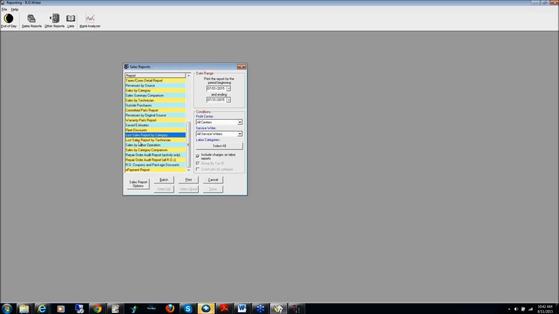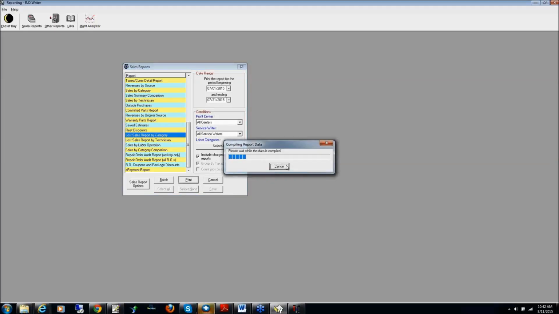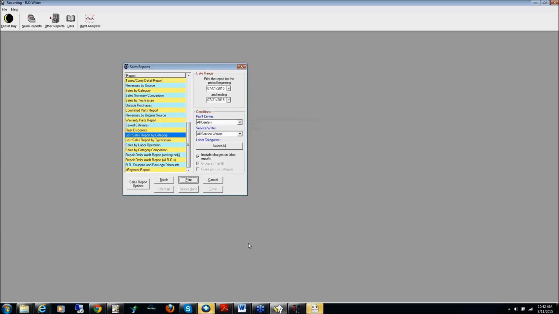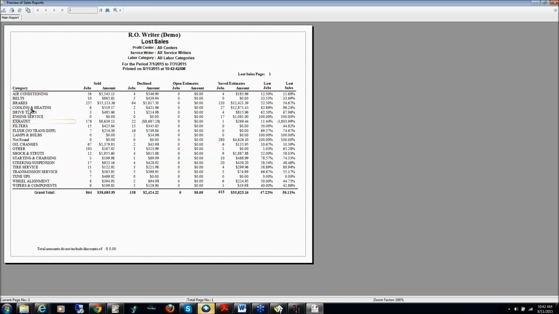Got a couple reports for lost sales by category and lost sales by technician. If I'm wanting to look at spillage, meaning I've got estimates that I created, declined work, and estimates that are open that haven't yet been sold, and I want to see where those numbers are, the lost sales report, broken down by category and/or technician, will help us see that. As we bring this report up on the screen,